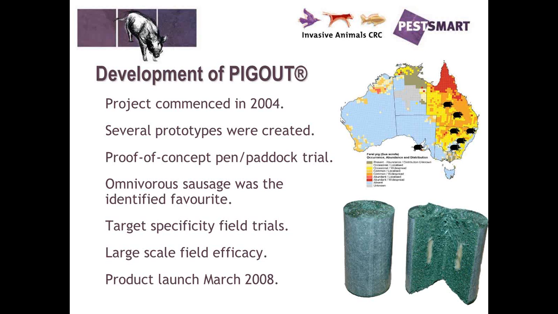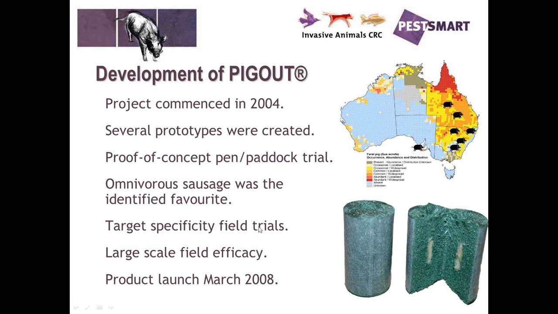So a series of target specificity trials were also undertaken. These were using purely the bait without the poison in it, just to find out what other animals were interested in this bait. And it was actually found, using a series of remote cameras and things, that these were quite target specific to feral pigs. There are a few omnivores that have sampled this bait, but the good thing about it is the bait contains the toxic core, which you can see there in the picture, just here. So that's where the 1080 is. If any animals come along, things like possums and that, they can sample, but they won't actually reach that core, whereas pigs often do.